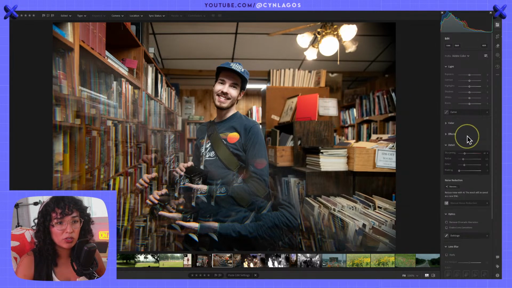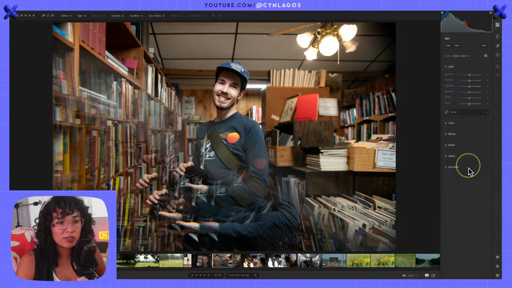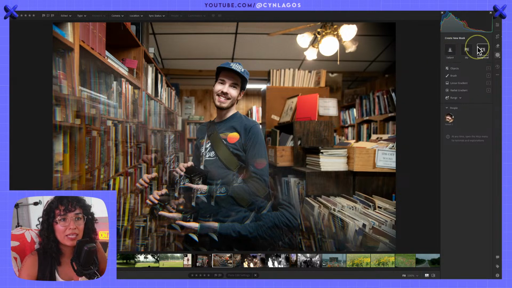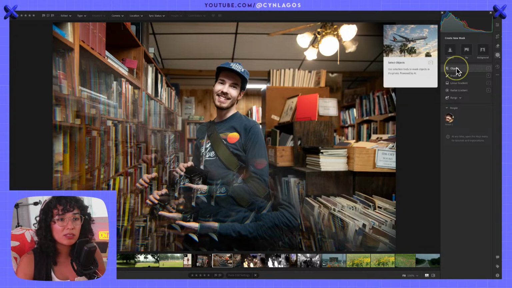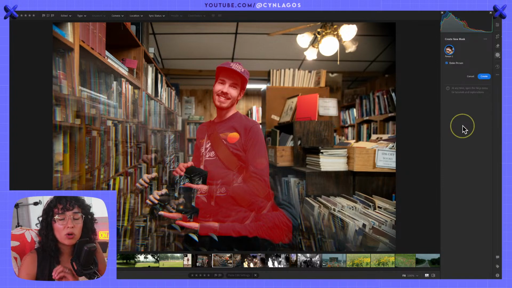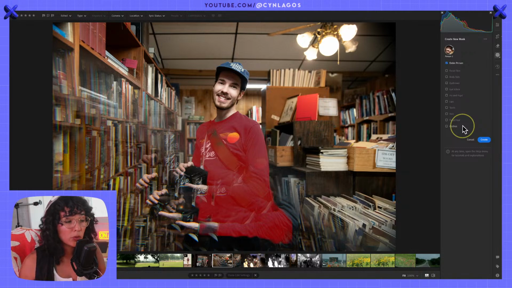So far, so good. I'm going to challenge myself to do color in a different space. So what I'm gonna do is use the masking tools. And in here, I get to be very specific as to where my colors end up. So what I mean by that is I can select subjects, objects, backgrounds separately. And that's really, really cool because it gives you a whole lot more control than if you're just doing a global edit.